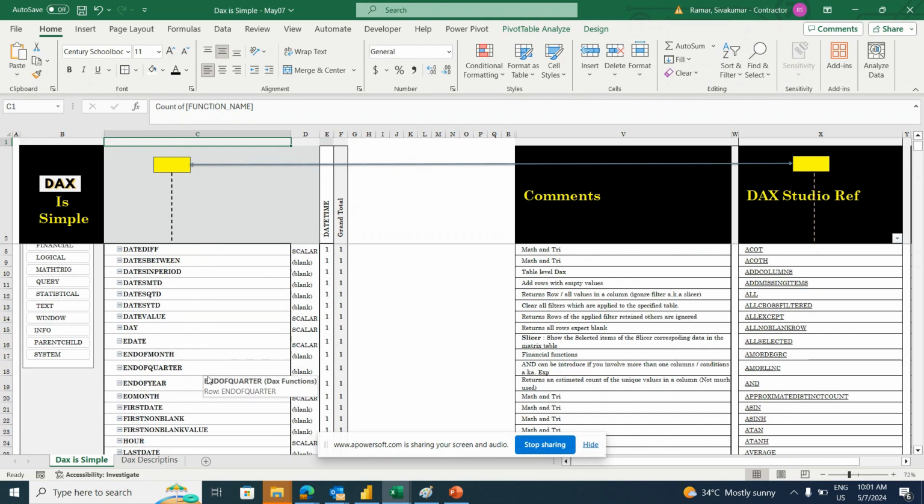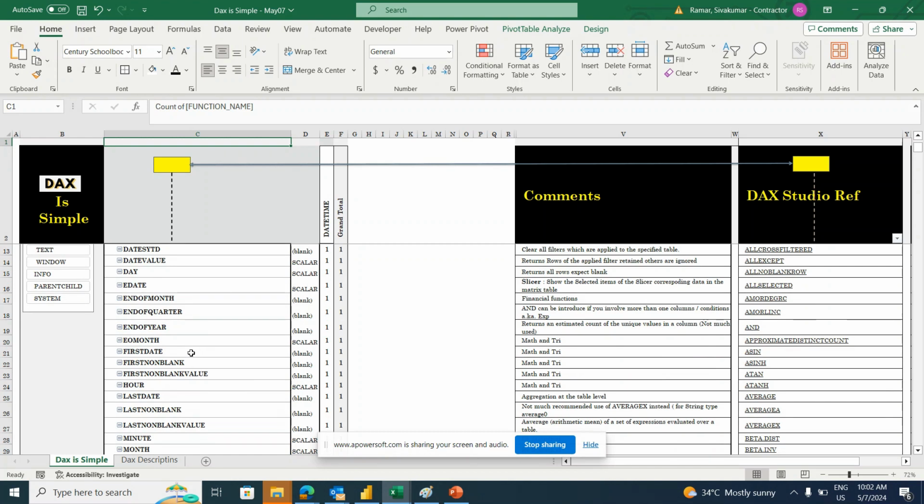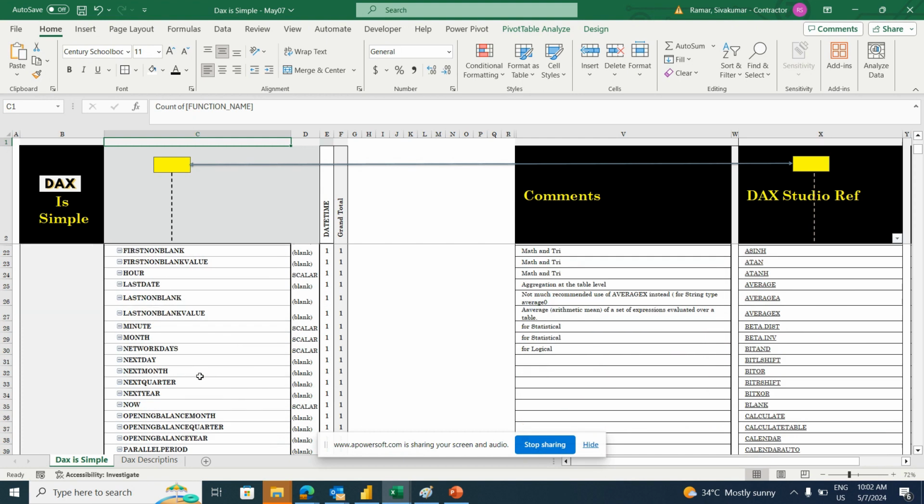And end of month and end of quarter, we are not using that much. It is very rarely used based on your need. And these DATESMTD, DATESYTD, DATESQTD we use extensively. Date values also we use extensively. And FIRSTDATE or FIRSTNONBLANK, we are not extensively using, but we need to know about when we are supposed to use them. And when you go with these time functions, definitely we need